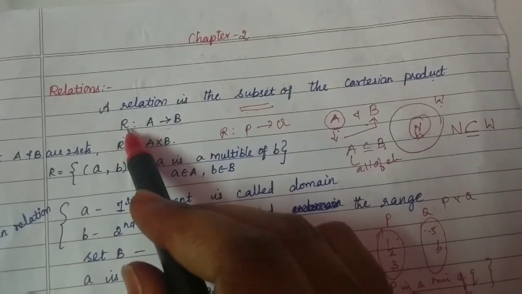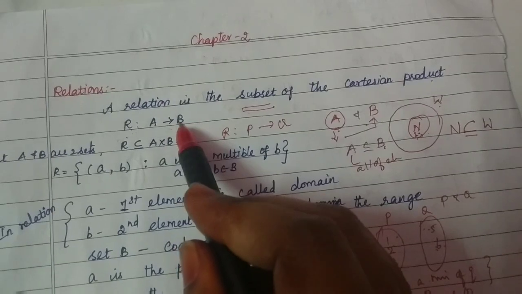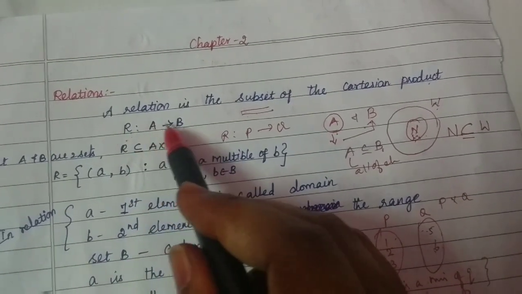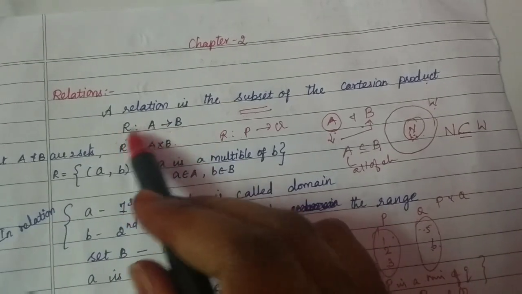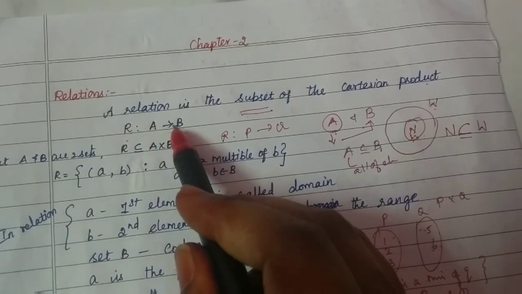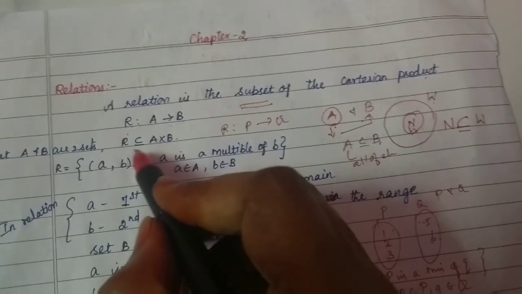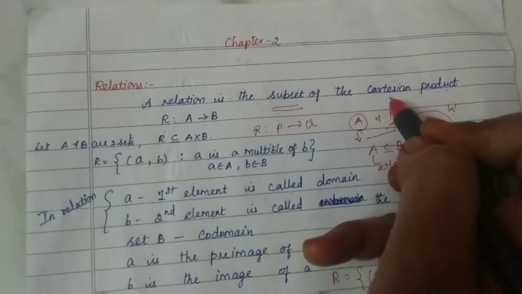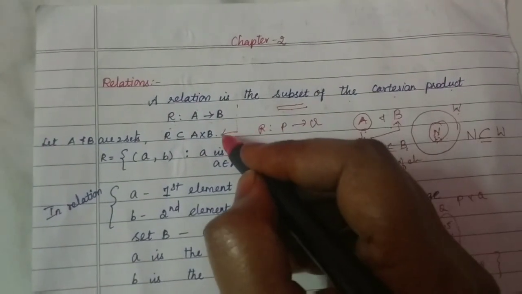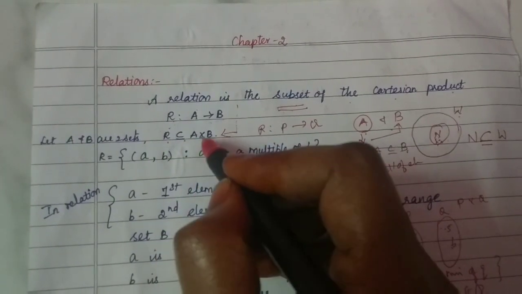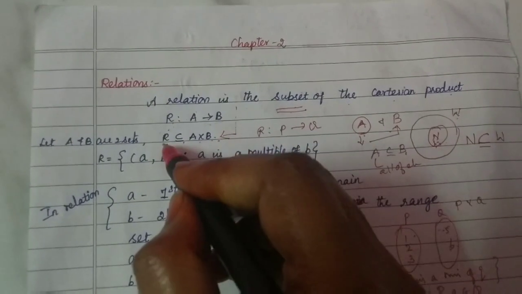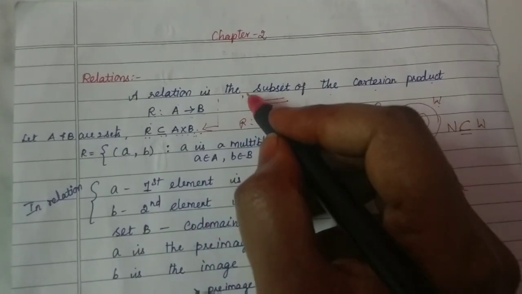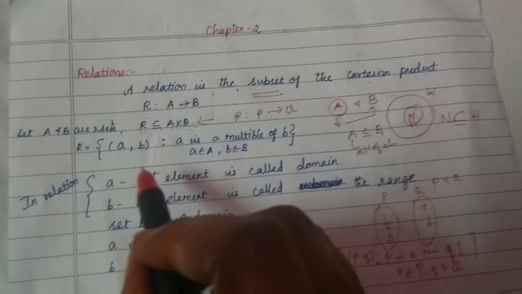Here we made the relation from which set to which set. R is from A to B; the relation is from A to B. This is the representation. Now if A and B are two sets, a relation is a subset of the Cartesian product. That is what I have represented mathematically here. A relation is not contained in the Cartesian product; a relation is a subset of a Cartesian product. This is the definition which we write in words, and this is the mathematical representation.